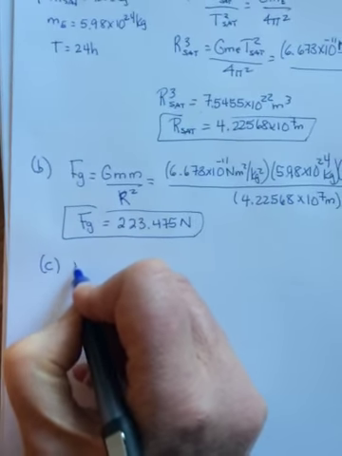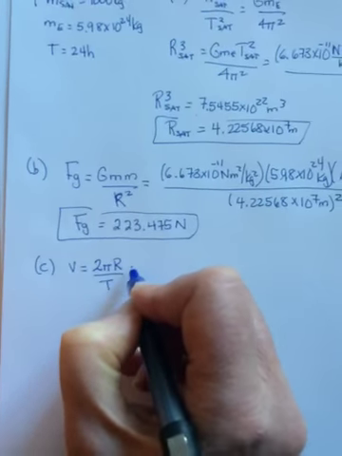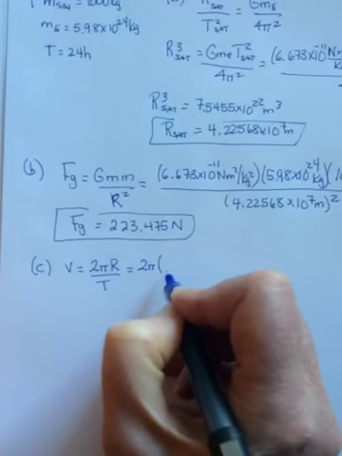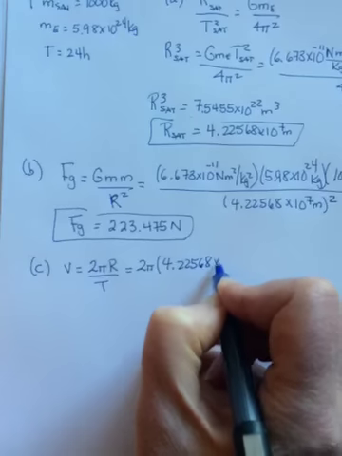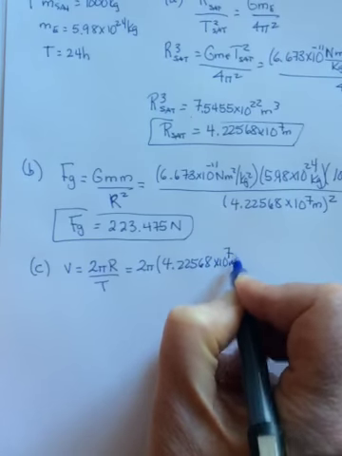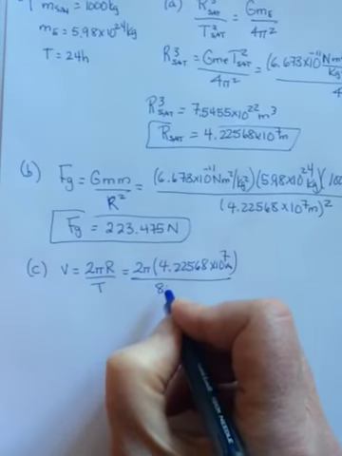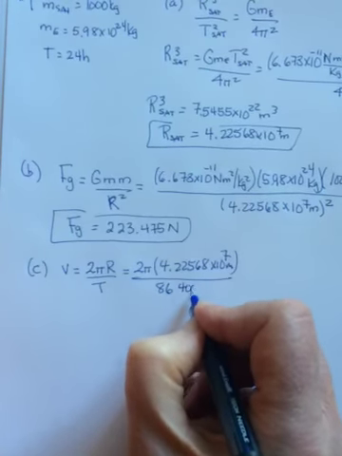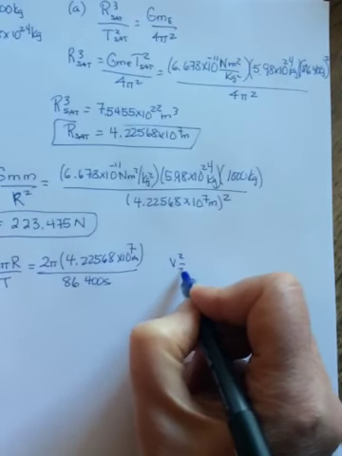So you have a couple of options. You could use v equals 2 pi r over t. So 2 pi times the r you found up there, 4.22568 times 10 to the 7th meters. So assuming you didn't screw up that r, and what was it? 86,400. You could also do v squared equals